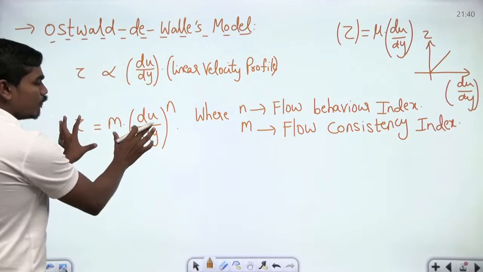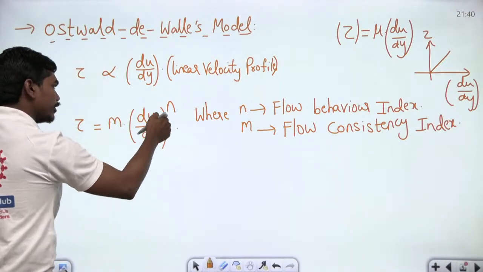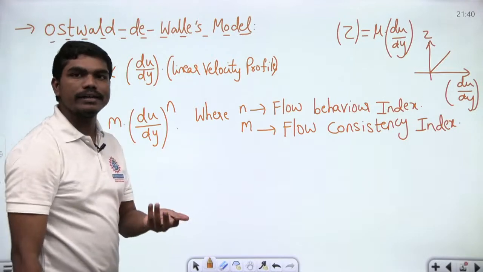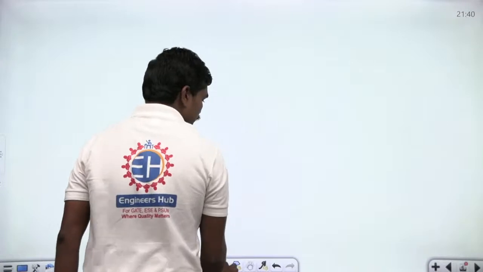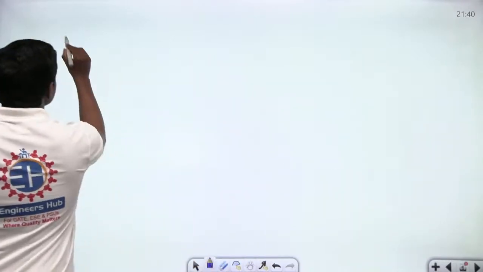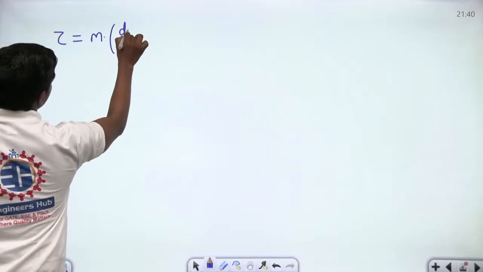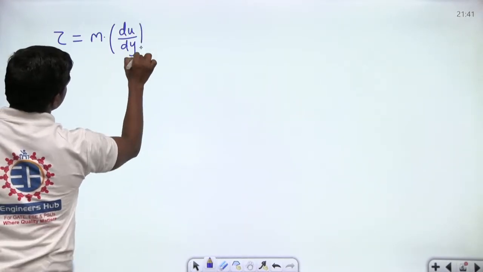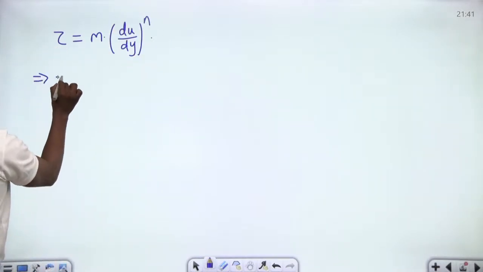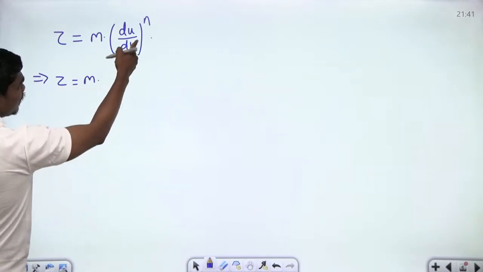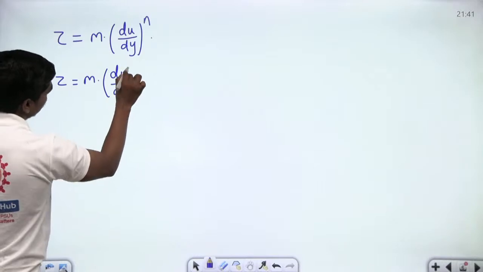Look, if you take this law, which is the generalized form of Newton's law of viscosity, depending on the values of n and m, the flow or the fluid nature changes, correct? How it changes? Let us look. See carefully. Let us suppose tau is equal to m times du by dy whole power n. This is what we have, correct? Now see carefully. This implies tau is equal to m into, can we write this term as du by dy into, the velocity gradient into,